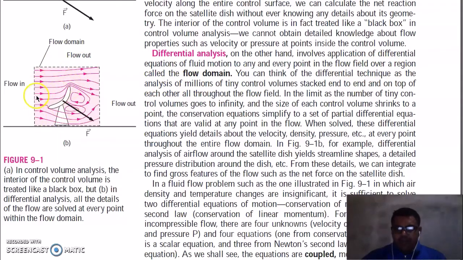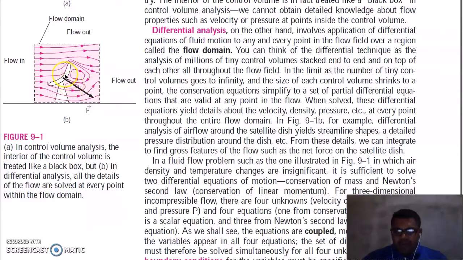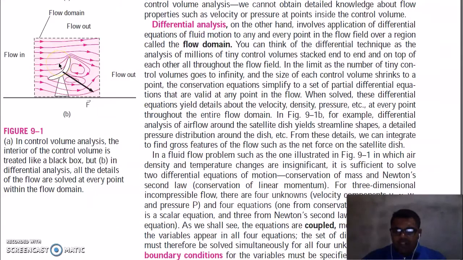You can think of the differential technique as the analysis of millions of tiny control volumes sketched end to end on top of one another all throughout the flow field. In the limit, as the number of tiny control volumes goes to infinity, the size of each control volume shrinks to a point. The conservation equations simplify to a set of partial differential equations that are valid at any point in the flow. When solved, these differential equations yield details about the velocity, density and pressure at every point throughout the